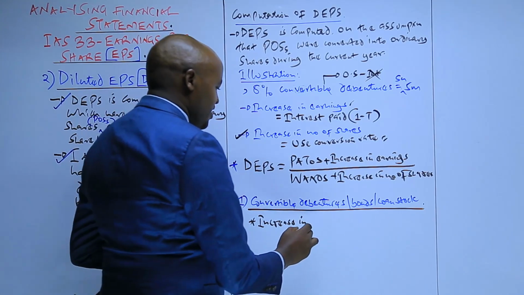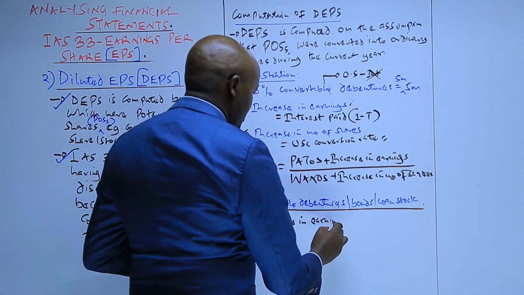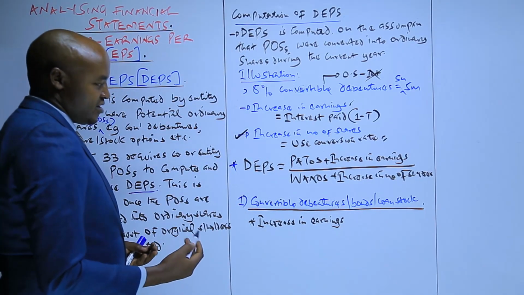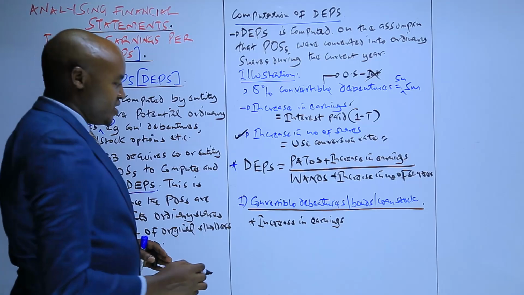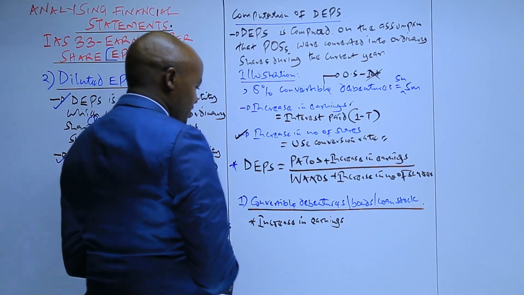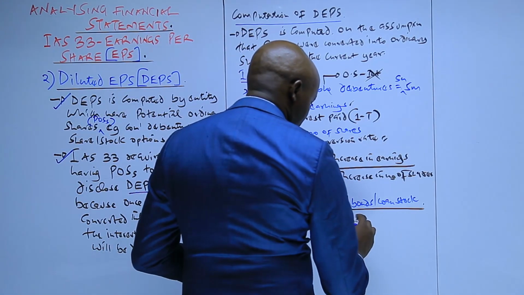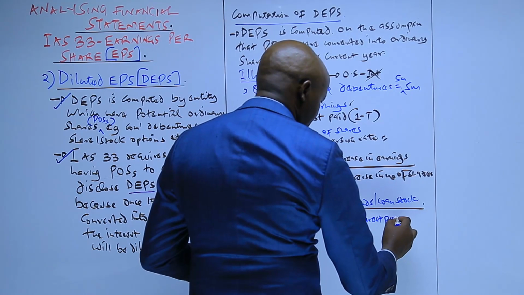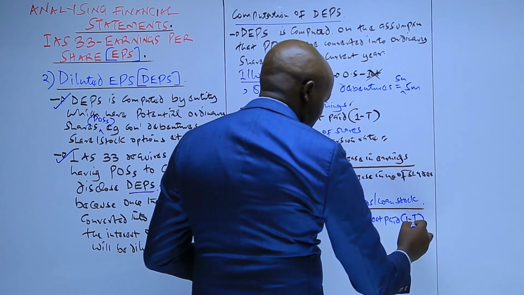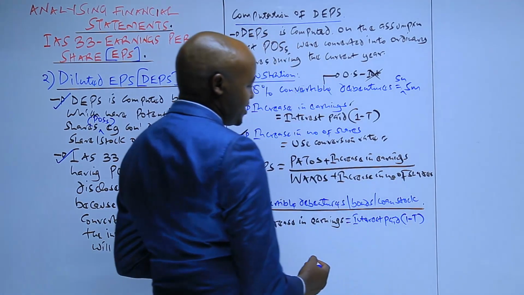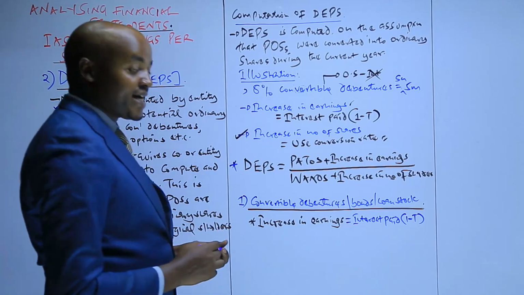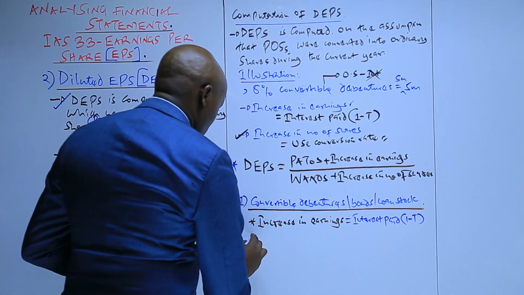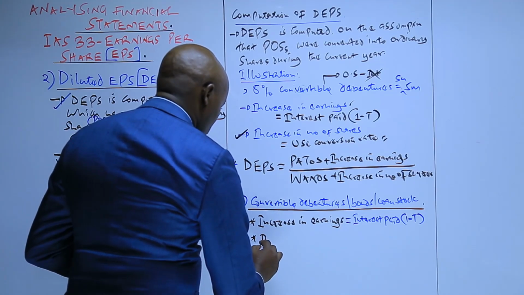The increase in earnings. This refers to the amount by which the profit for the current year would have increased on the assumption they were converted into ordinary shares. And in terms of how we compute this, we compute the interest which was paid by the company during that year, and then you multiply that interest with 1 minus tax rate. Reason being that this interest is tax allowable. That's why we are getting that interest net of tax. And then also you compute something called the increase